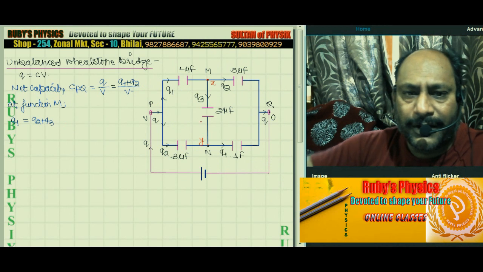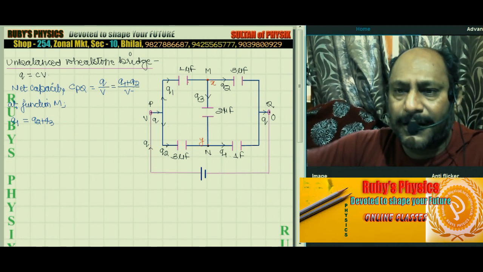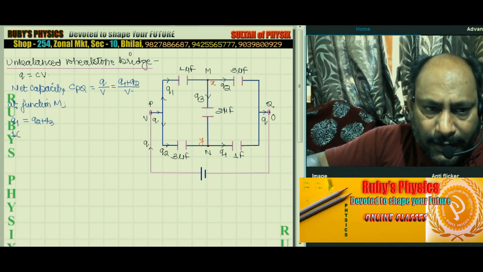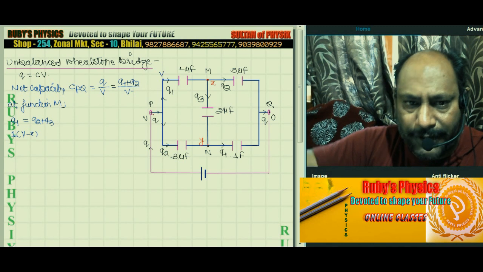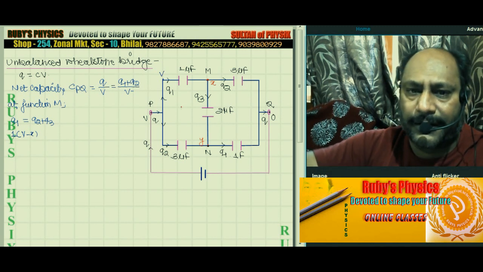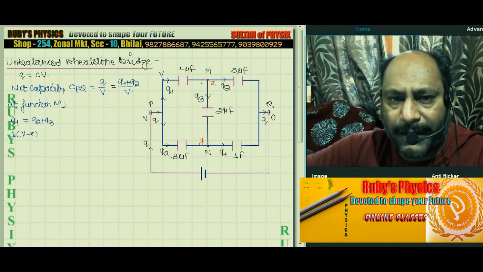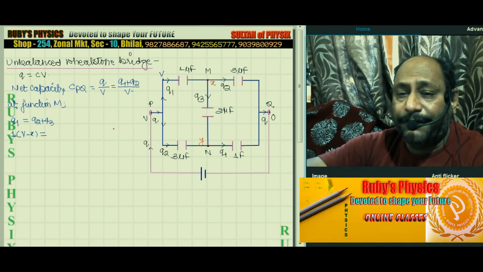Now Q equals CV, just apply it, and can I write Q1 as 1 into V minus X. See, the potential of this point is V because this is V you have taken, and this is X. So the potential difference across the first plate is V minus X. So it is 1 into V minus X, that will be equal to, and if you write Q2,